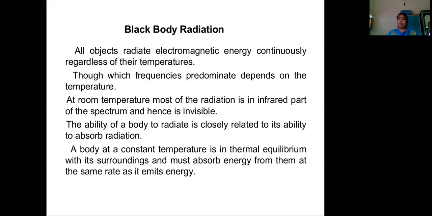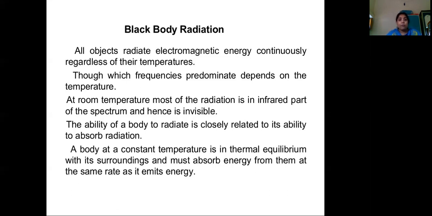So thus we see that all bodies absorb radiation as well as emit radiation. There is a term called absorptive power and emissive power of every radiating body. The emissive power is given by energy emitted per unit area, per unit time, per unit range of wavelength or frequency. Similarly, absorptive power is the ratio of heat absorbed by the body per unit surface area divided by the heat or radiation fallen on the body.